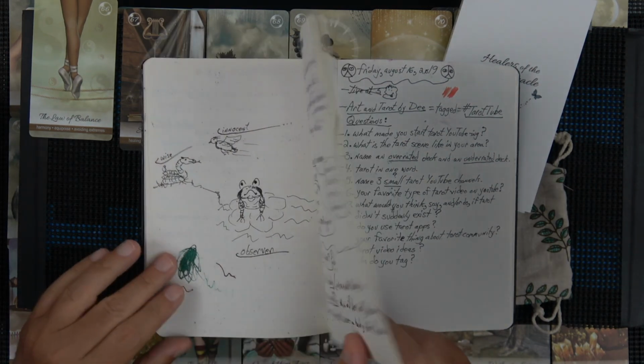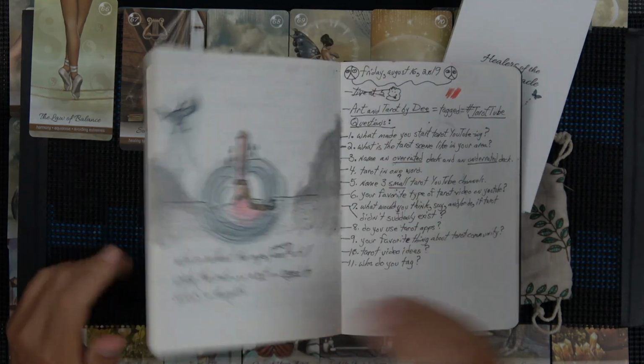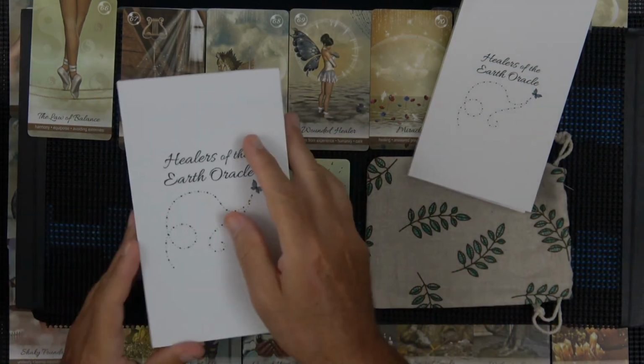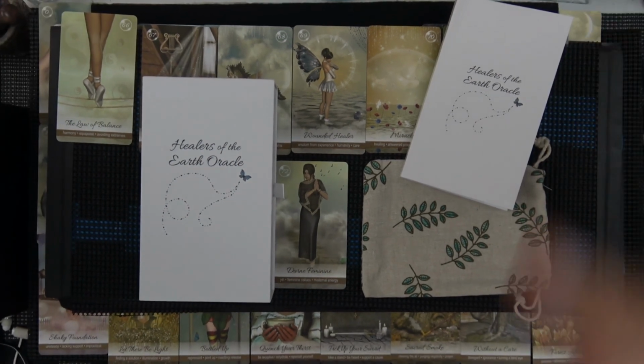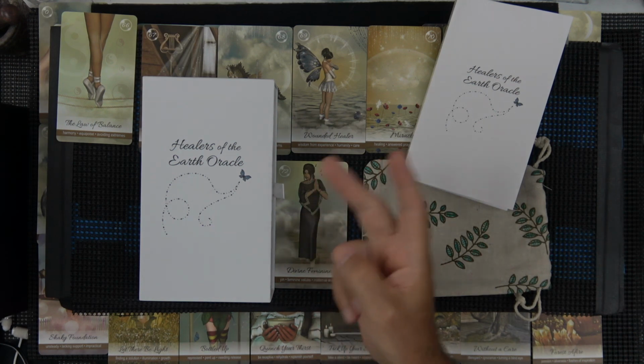I don't think there was anything else that I haven't shown before. So I just wanted to kind of show that. But that's not important. This was a quick show of the Healers of the Earth Oracle. So with that, I will say